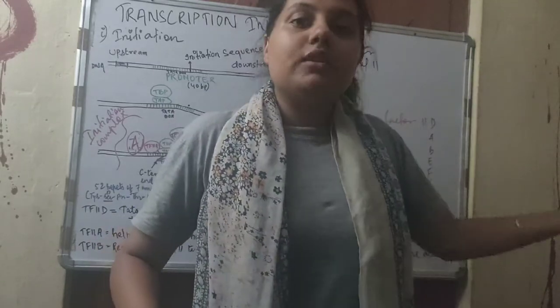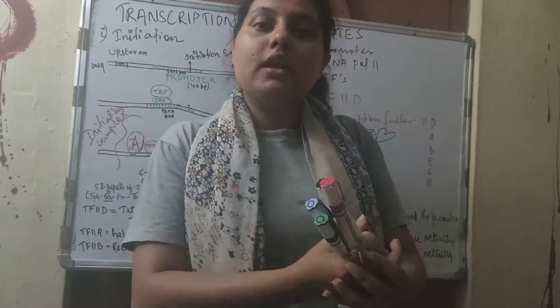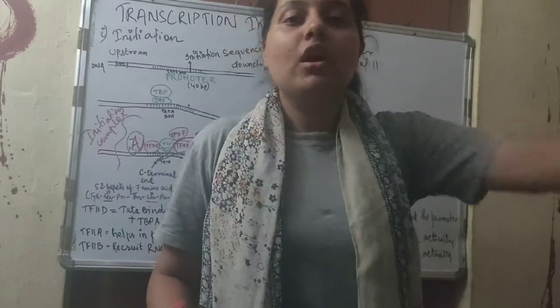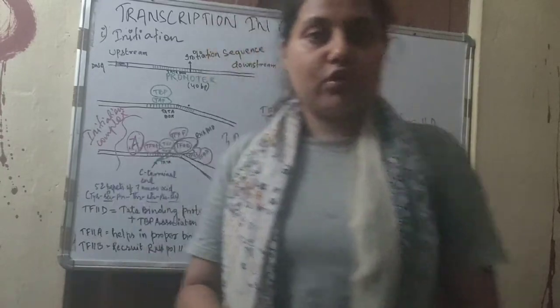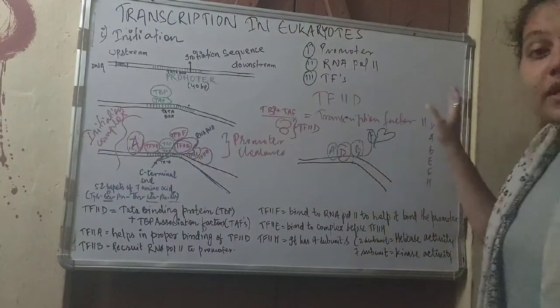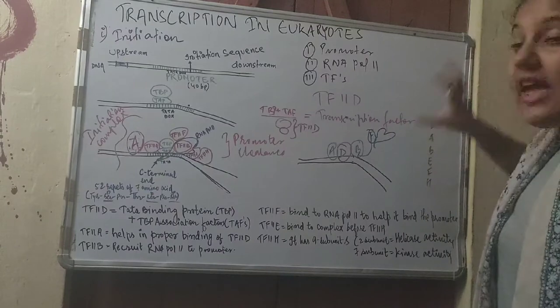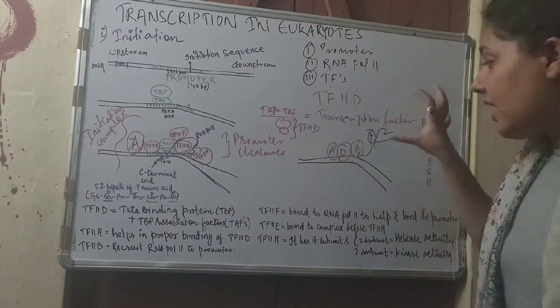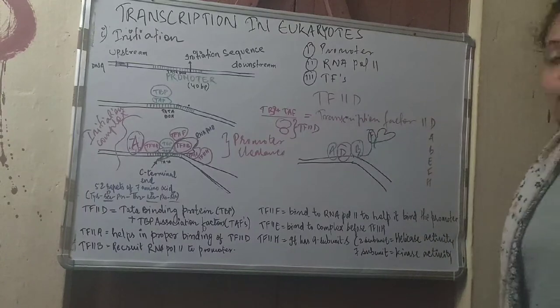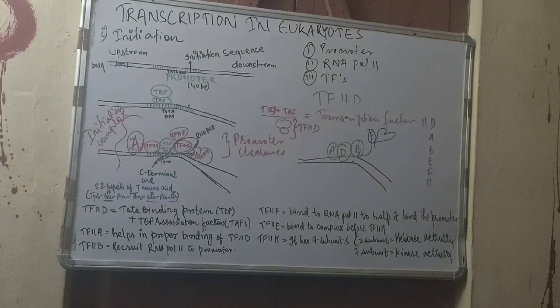So another person is coming and holding up my hands and taking me to that particular place, crossing the road. Here the same thing happens. B is calling and then F is going and holding the RNA polymerase and bringing it and placing it in the promoter region. And then now comes transcription factor E.